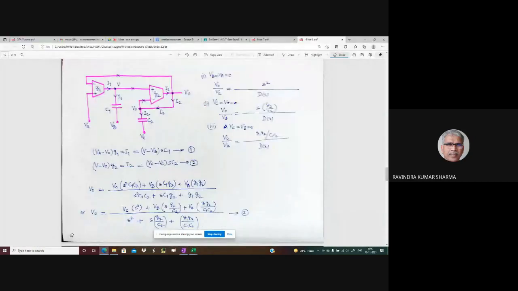राइट। सो ऐसे ही यहां पर ये 3 इनपुट आप देखो इस सर्किट में, VA, VB and VC, and there is one output. I want to find out VO in terms of VA, VB, VC and G1, G2 and C1, C2. अब ये निकालने के लिए हमने ये दो केसीएल लिखे हैं I1 और I2। अगर ये केसीएल समझ में आ गया, उसके बाद ये डेरिवेशन बहुत आसान है। लेट अस सी द केसीएल विद द टू इक्वेशंस 1 and 2।